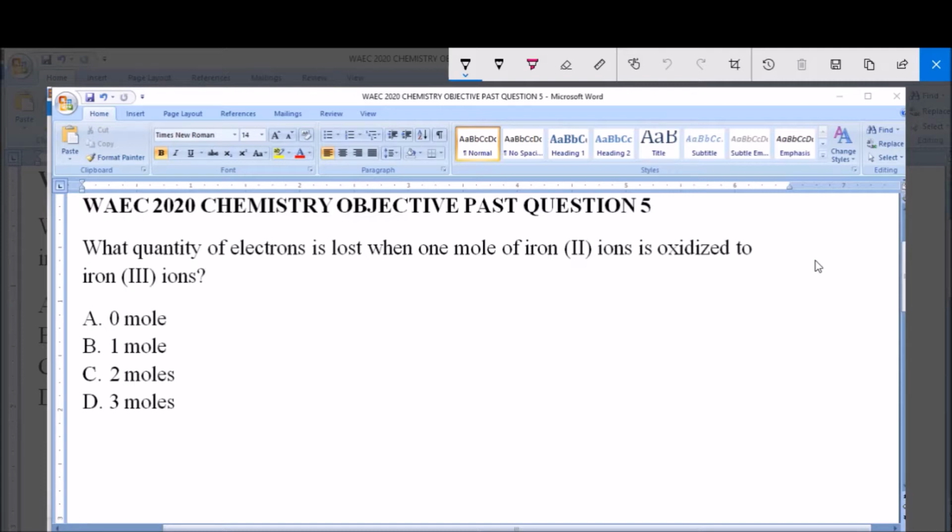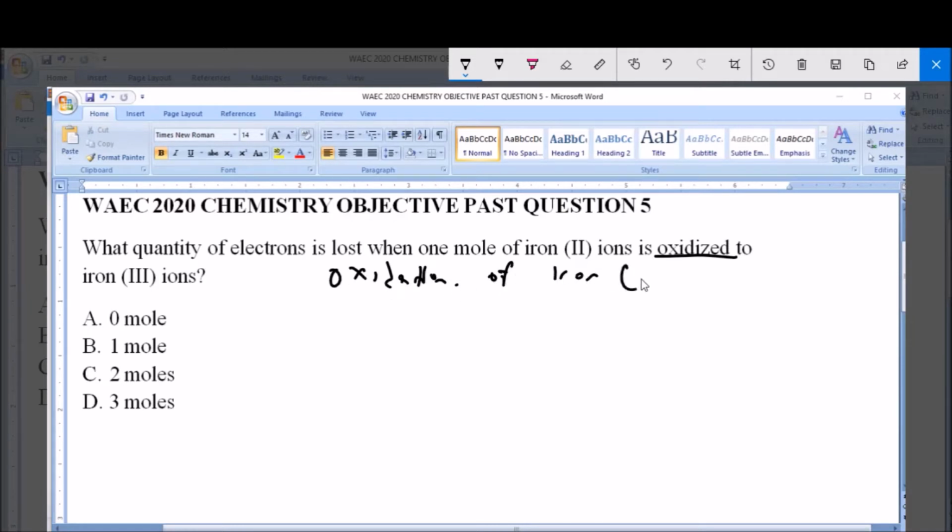What quantity of electrons is lost when 1 mole of iron 2 ions is oxidized to iron 3 ions? A. 0 mole, B. 1 mole, C. 2 moles, D. 3 moles. So what we are looking at here is oxidation of